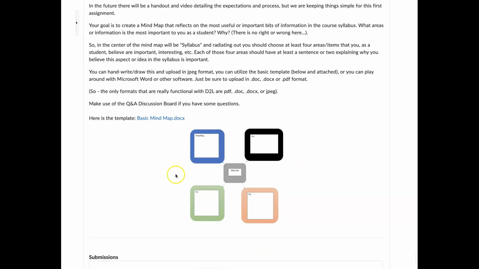So what I'd like you to do, and this is a basic mind map, here's the link to it. I will have better templates and ones that are a bit more specific than this very basic one I've offered. So in the middle, you'll put syllabus, and then I want you as a student to choose the 4 main things in a syllabus. What are the 4 main ideas or main sections of a syllabus that you go to? What are those in each syllabus you get?